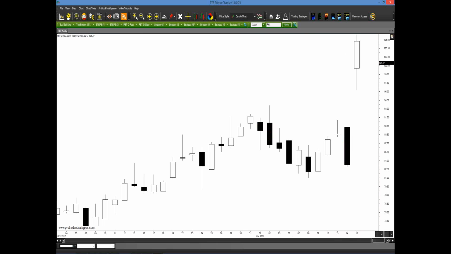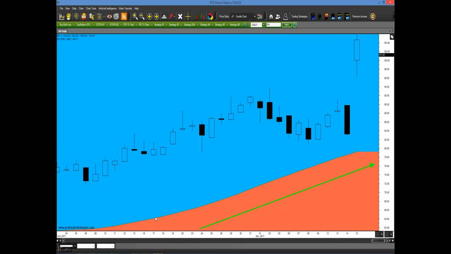We look at RH right here, okay? Same thing, we're kind of going upwards to sideways, and then we have a nice gap to the upside. Well, we've been in the buy zone the entire time. We have a nice upward slope. We apply strategy 4, and once again, a week or two prior to this nice upward move, guess who was telling us it wanted to go higher? The market.